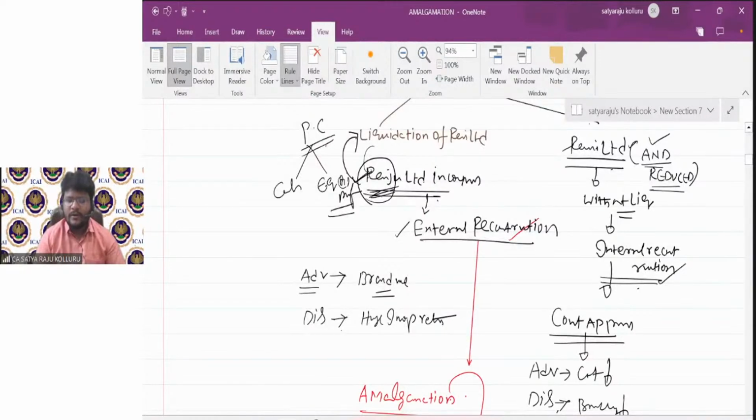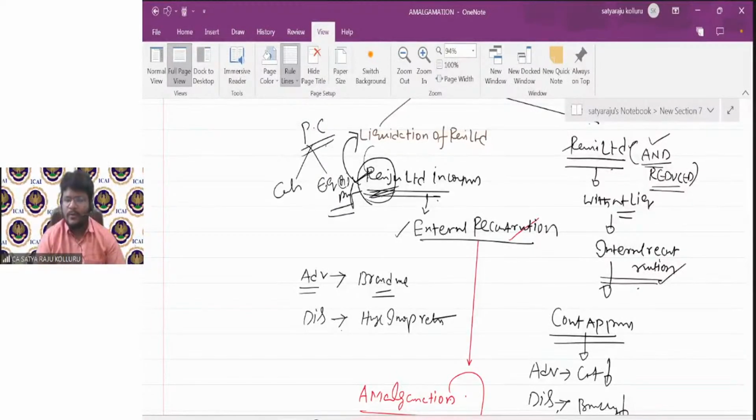In case of external reconstruction, the existing company is liquidated and a new company is incorporated in its place. But in case of internal reconstruction, due to certain compounding activities and the sacrifice made by certain other stakeholders of the entity, the entity attains certain profits. With those profits, we can set off the existing P&L account debit balance, the fictitious assets and any unrepresented assets. In the same internal reconstruction process, we can also go for either upward or downward revaluation of assets